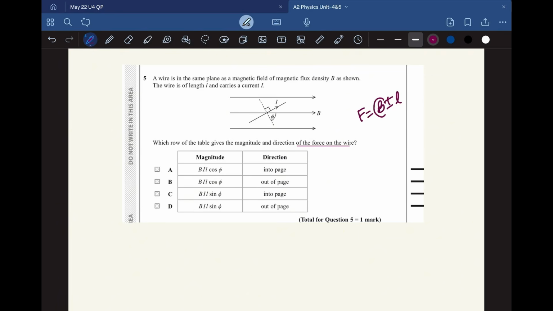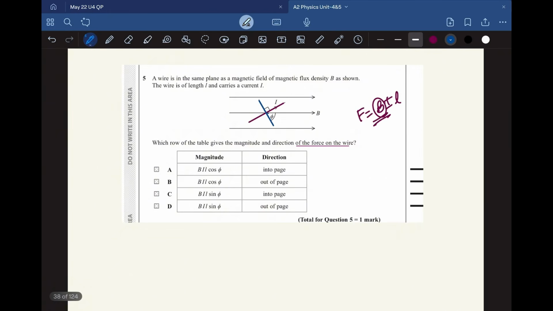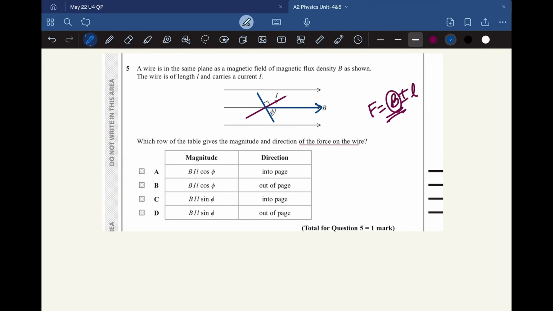And the force on the magnetic field should always be perpendicular to the direction of the current. The magnetic field will always have to be perpendicular to the direction of the current. Sorry, the current is in this direction, so basically our magnetic field will have to be in this direction to be perpendicular, right? So if this is the line which is like this, if we draw it like this,